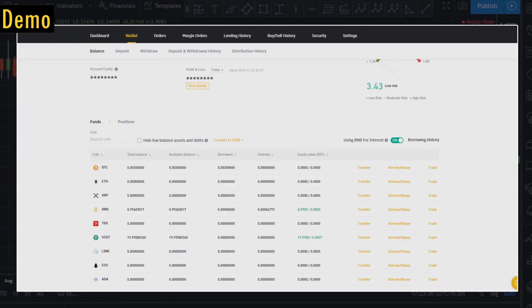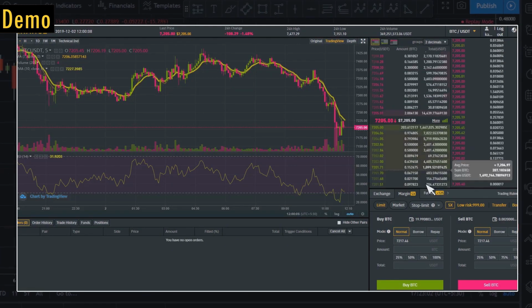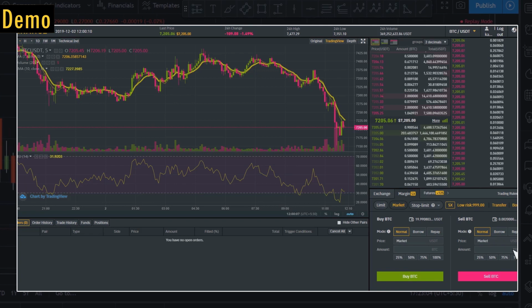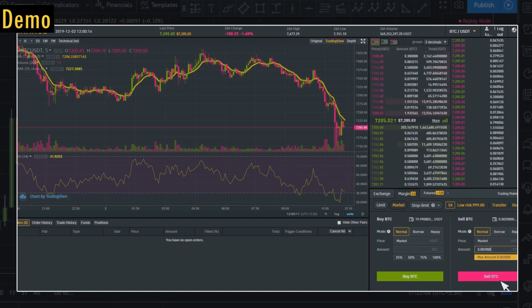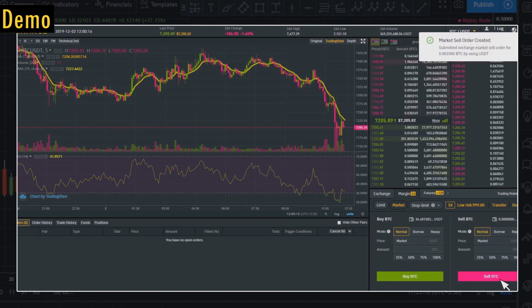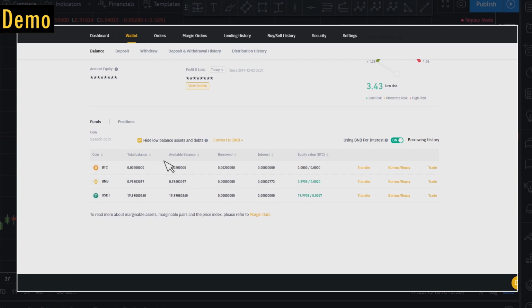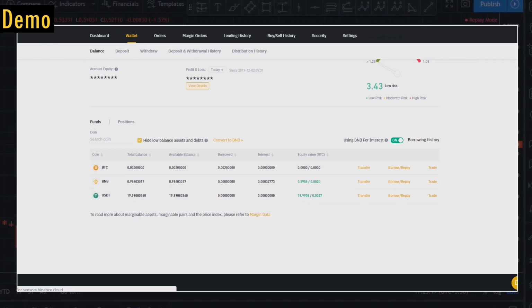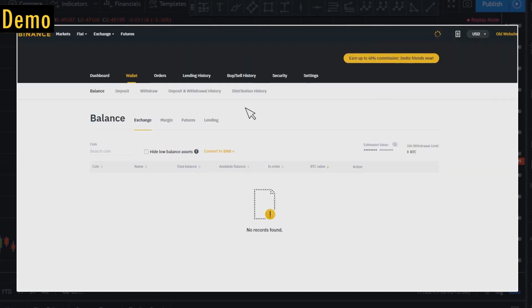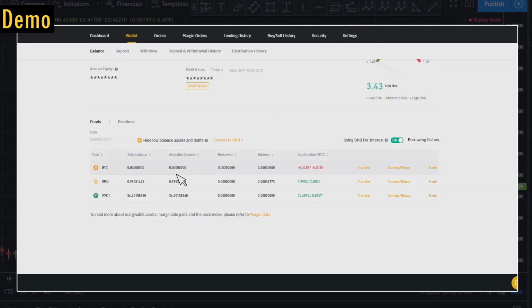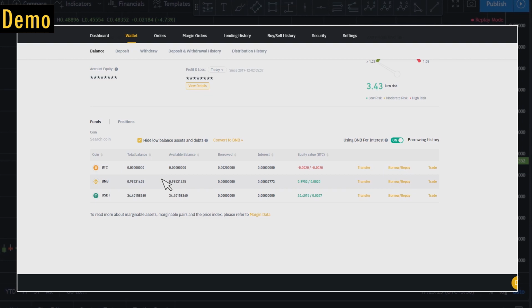Next step is to sell BTC. So go to this tab and I want to do a market order, sell. Where is it? 100%. Yeah, so I'm going to sell BTC. Yep, I sold it. Let's see what the funds are. I don't know why these balances are not auto populated. I have to refresh every time I do a trade. It's just annoying. Okay, after you refresh the tab, you can see the new balances over here.